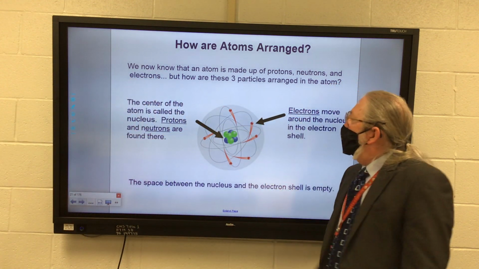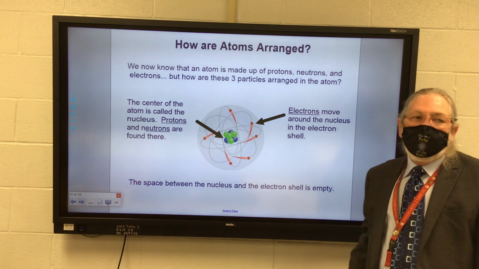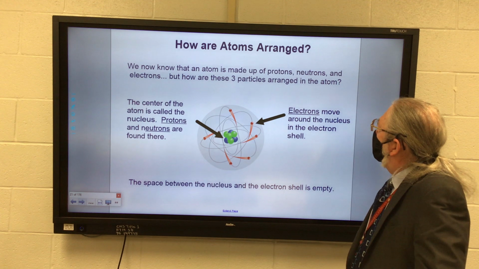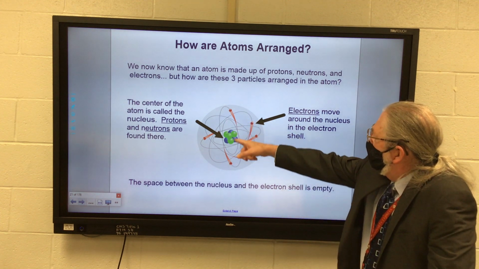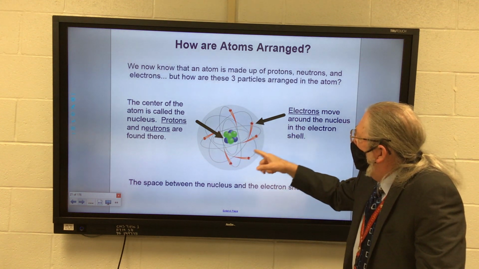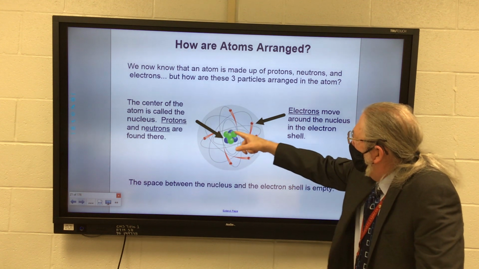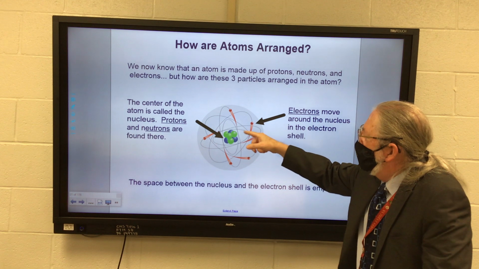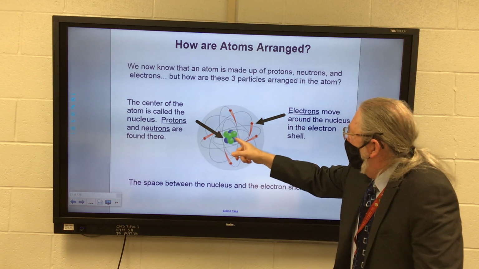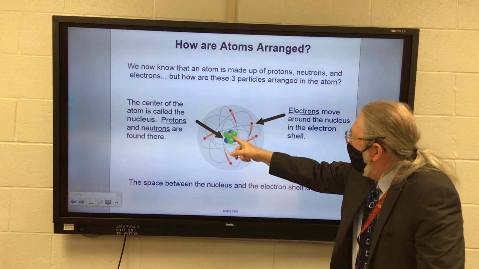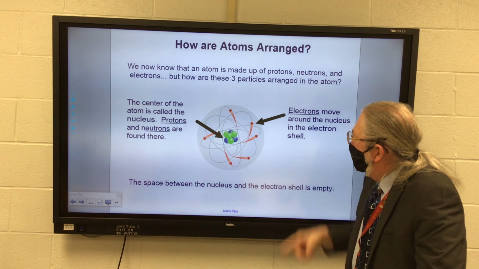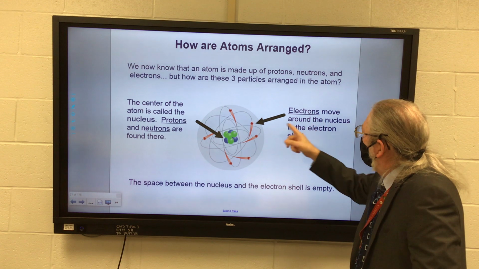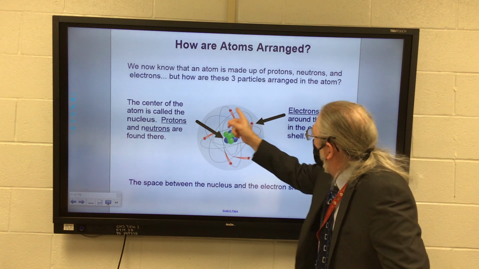Well, we know that an atom is made up of protons, neutrons, and electrons. That's what I just said, right? But how are these three particles arranged in the atom? Look right here. Here is the center of an atom, it's called the nucleus. And protons and neutrons are found here. So here the green is the proton, the blue is the neutron, and right here, the reds are electrons, they move